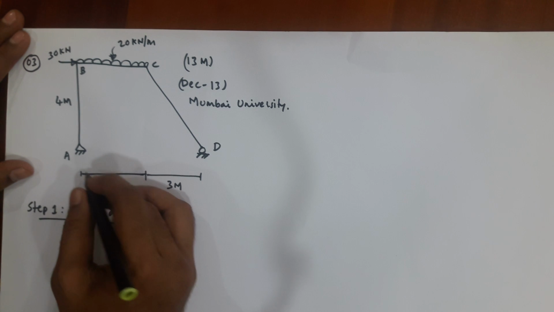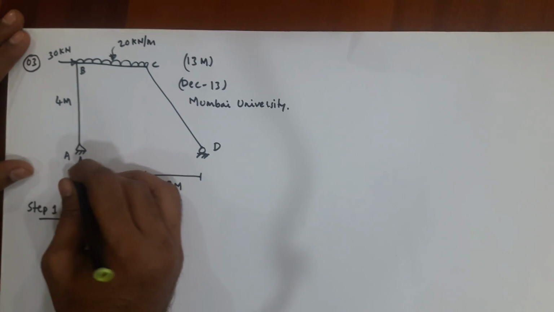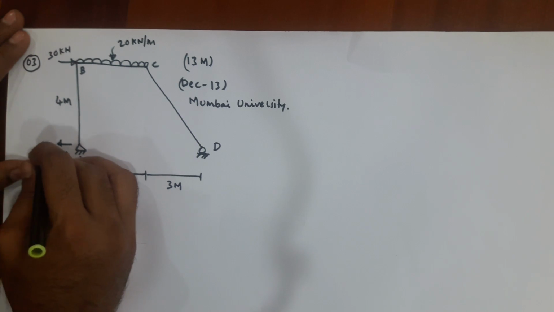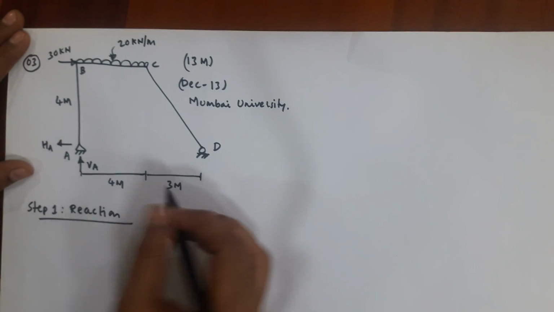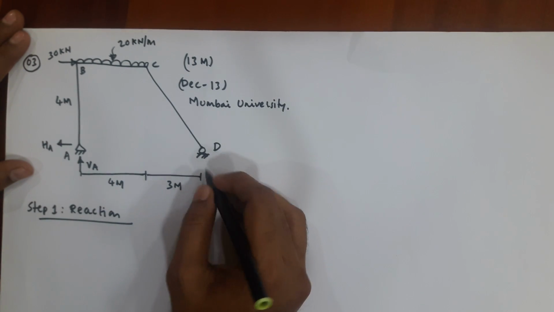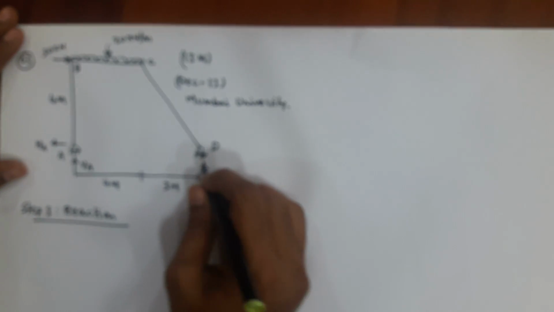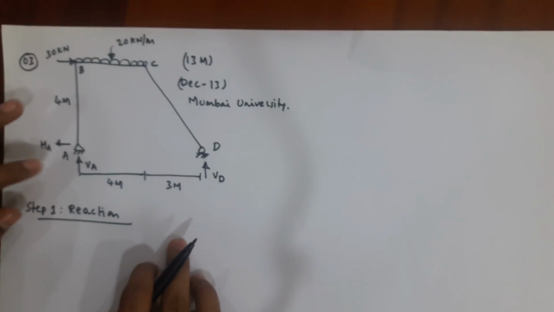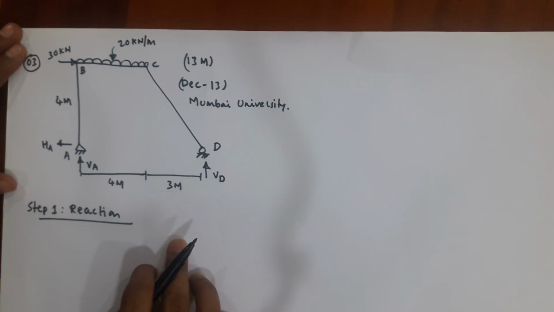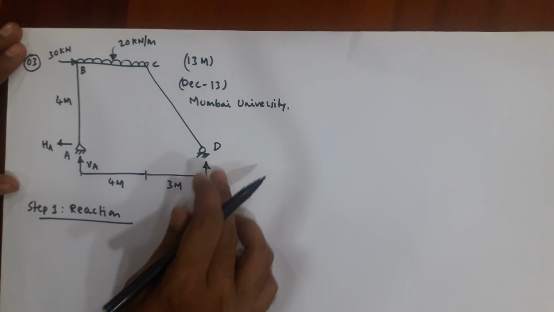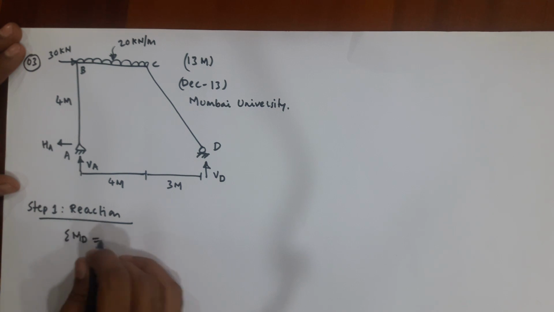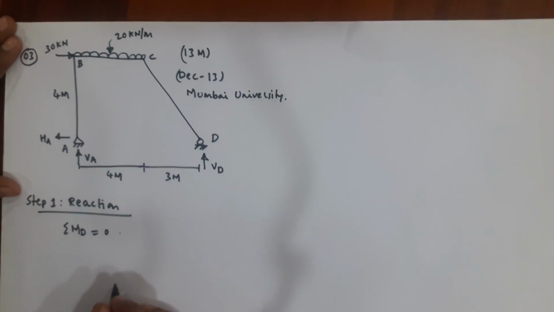So at the hinge support we know we have two reactions, VA and HA, which we are assuming in this way, and at the roller support we have only one reaction. So now we need to find these reactions. To find VA we have to take moment about point D, which is equal to 0. So VA